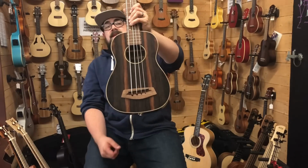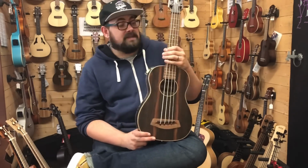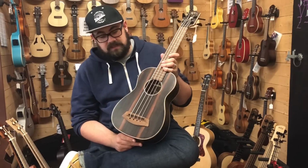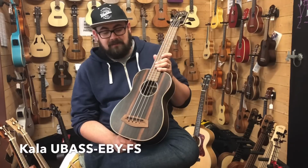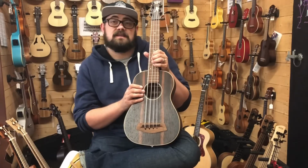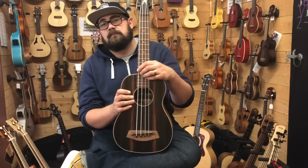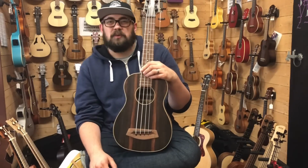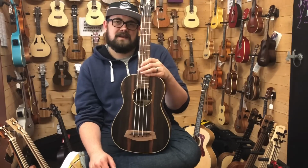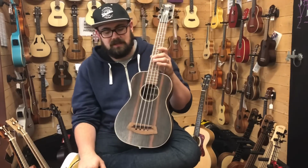Alright then, this next bass in the list is another new one here in the UK, but I have reason to believe this is becoming the most popular bass in Kala's arsenal. This is the JYMN-FS RW. They do another version of this with a slightly different code that has the Thundergut strings on, but I chose to go for the Kala wound strings on this model for a bit of variation. I think this ukulele suits these strings more than the Thundergut strings, just my opinion,